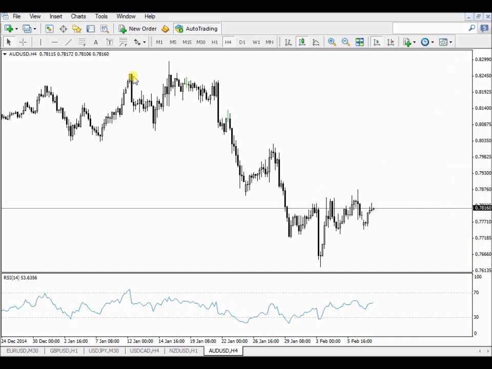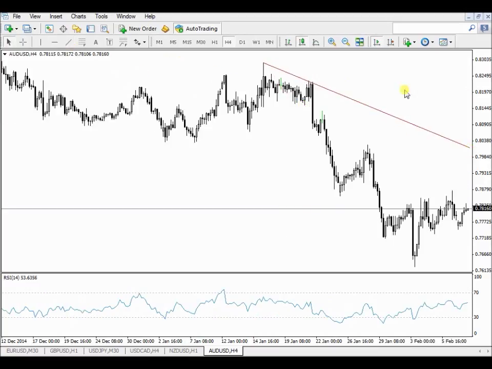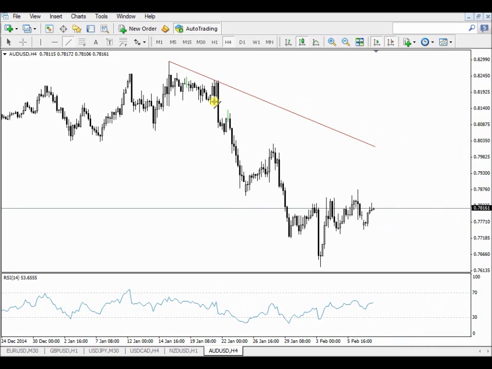This is the Australian dollar 4-hour chart. We are in a bearish market. In other words, we're coming down. There's one trend line that you can draw in there, and you've got one trend line that came down here. Alright, so what happened here? The market came down, it made higher lows, lower lows, and lower highs. There's some sort of resistance here that's still holding up. The market is just testing resistance, Abigail.